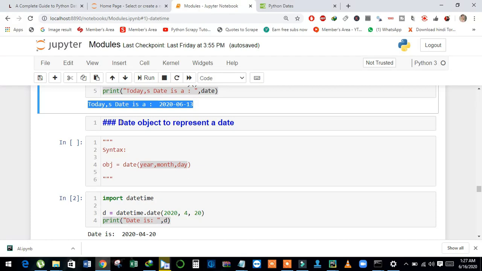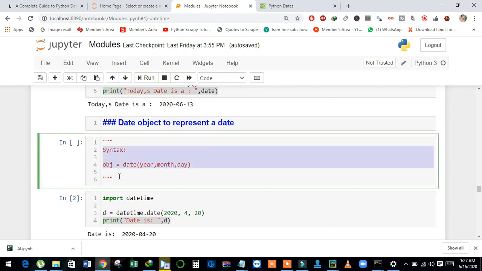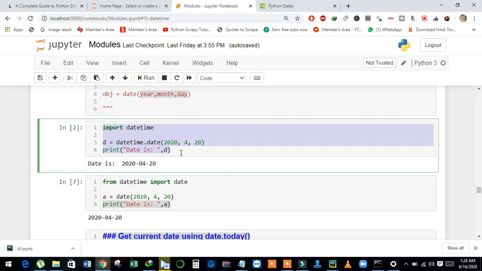Next, we will talk about how to use an object of the date class. This is the syntax of how to create an object of a class. This is the name of the class, and then the attributes. The date class will take the attributes year, month, and day. In this example, we will create an object of the date class.